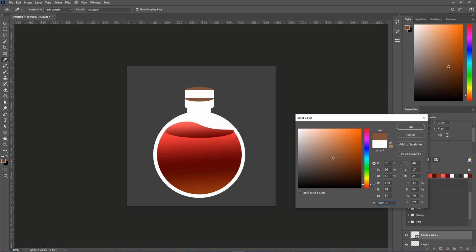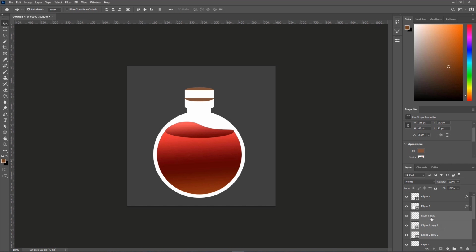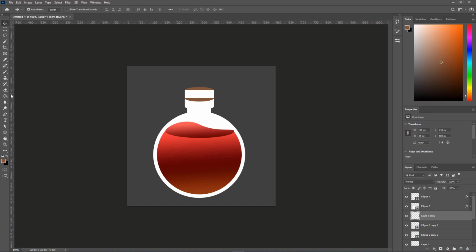Okay, now let's copy this code, click Ctrl C, hit OK, and let's choose the middle one, which is not a shape like the other ones. So let's choose it and go to the colors here, and let's put this number, click OK, and let's choose the paint bucket tool and let's paint it. All right,